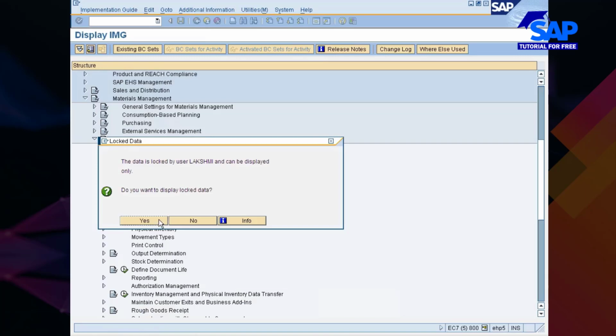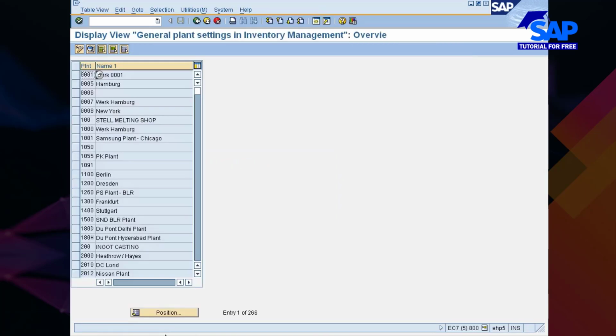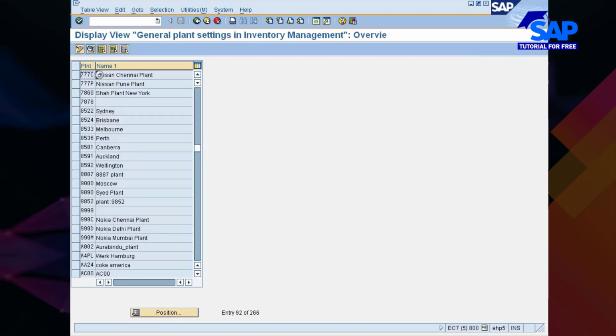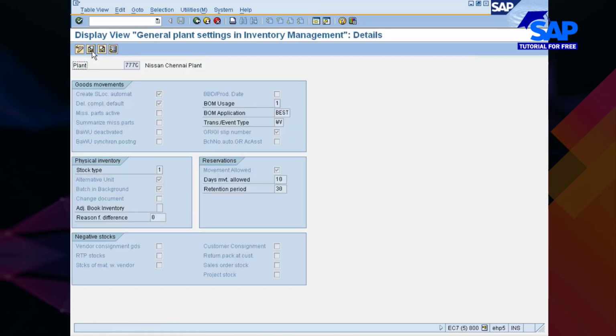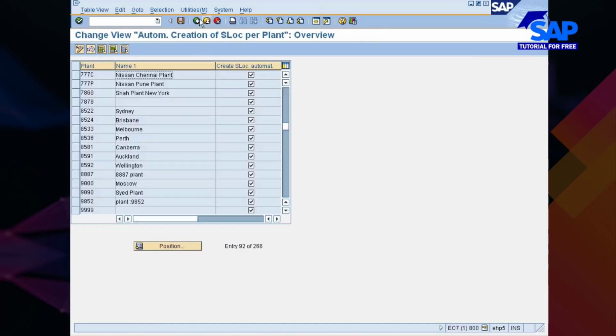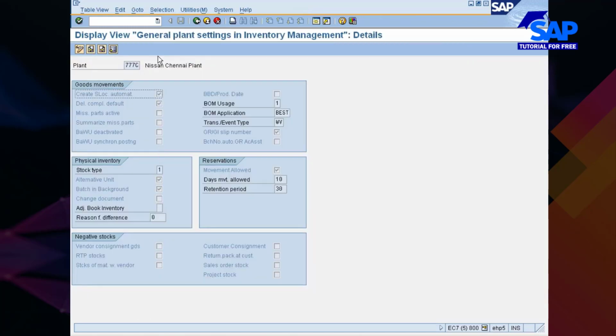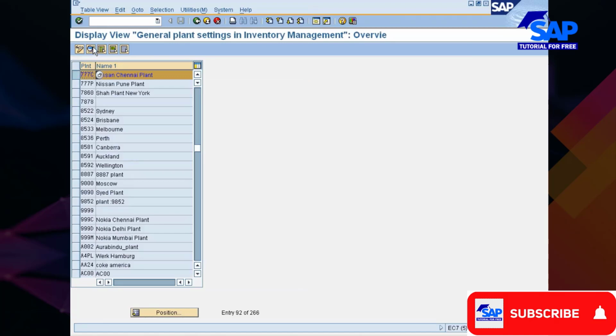That's where you have maintained 777C. Because you checked it here, it has defaulted automatically to goods receipt.